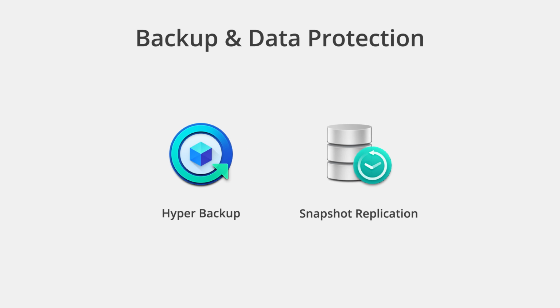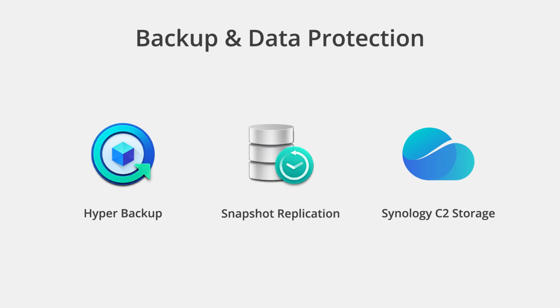We're then going to look at snapshot replication, and that's a great tool if you're maybe not using Synology Drive and you're just using the NAS as a local file server. It's a great way to add some additional versioning to your local file serving. Lastly, we have Synology C2, which is going to serve as a destination for Hyper Backup in this case, and we're going to talk about why you might want to use Synology C2 as your Hyper Backup destination to take care of your data.